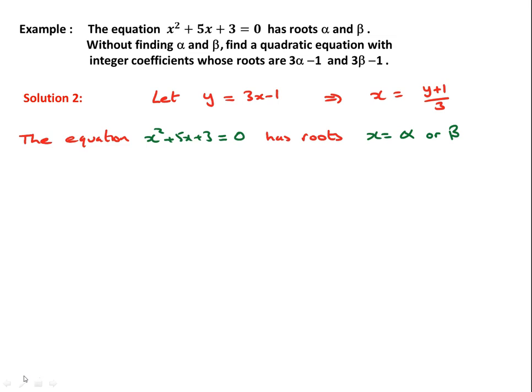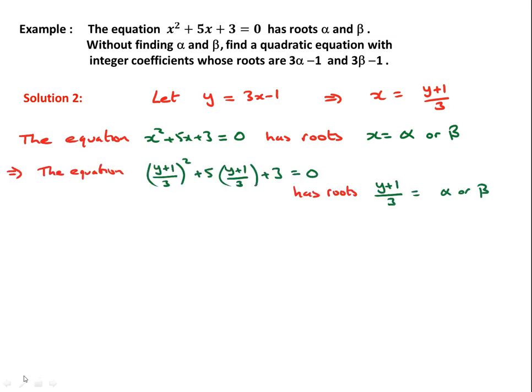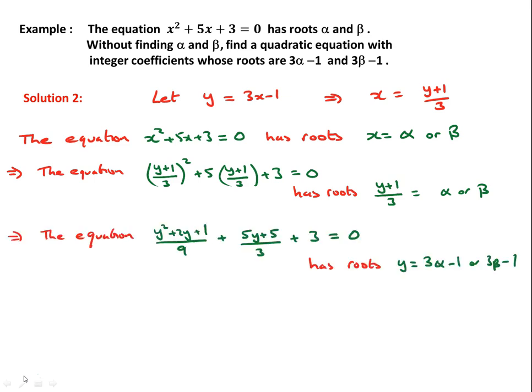Now we're going to rewrite the whole thing in terms of y's. So every time that x appears, we're going to replace it by (y plus 1) over 3. So the equation ((y plus 1) over 3) squared plus 5 lots of ((y plus 1) over 3) plus 3 equals 0 has roots (y plus 1) over 3 equals alpha or beta. Just doing a little bit of algebra on